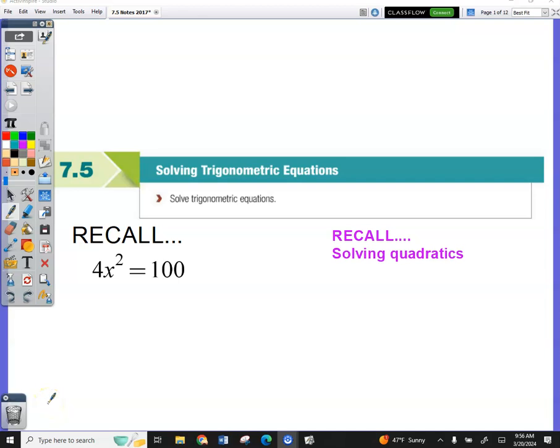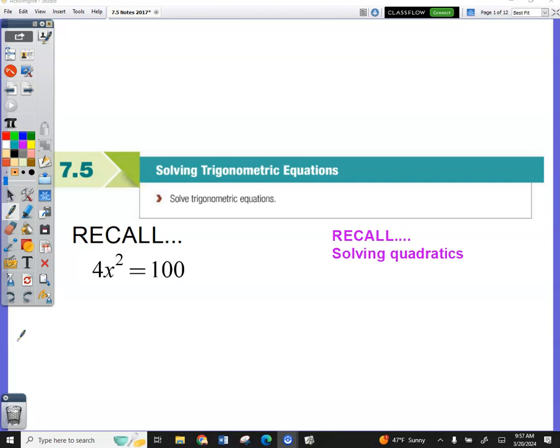Because what we're doing is we're solving equations. We're solving equations that have trig functions in them. When I say solving, I mean we are getting the trig function by itself, and then we're going to the unit circle and saying where the angle is. Okay? Before we dive in though, let's just refresh you on